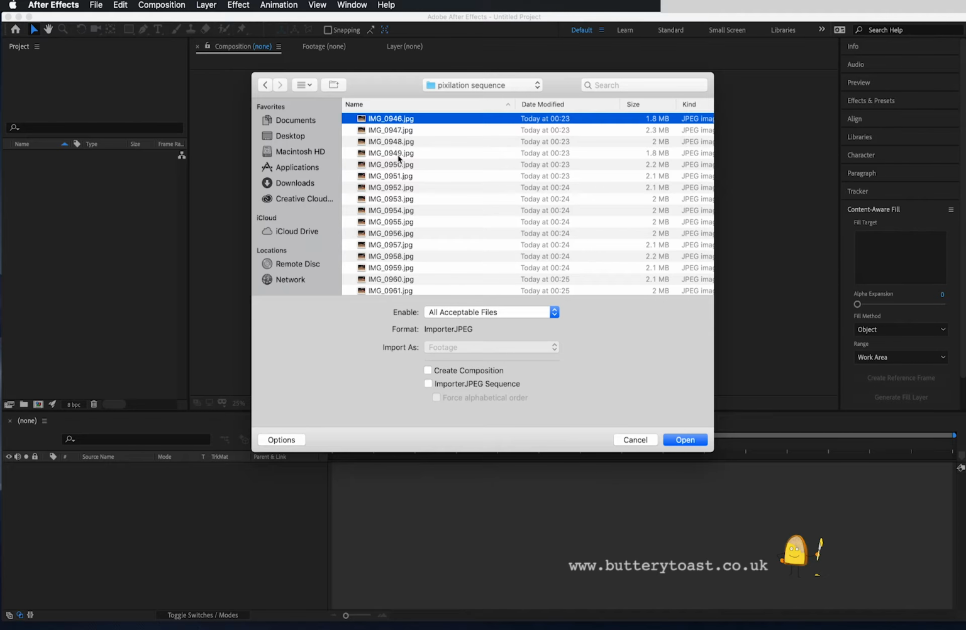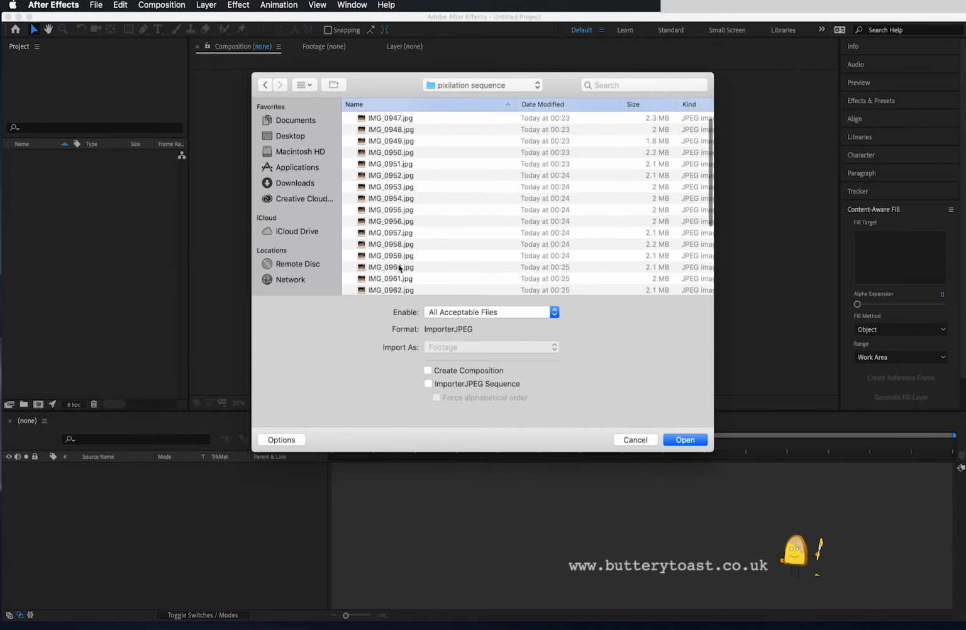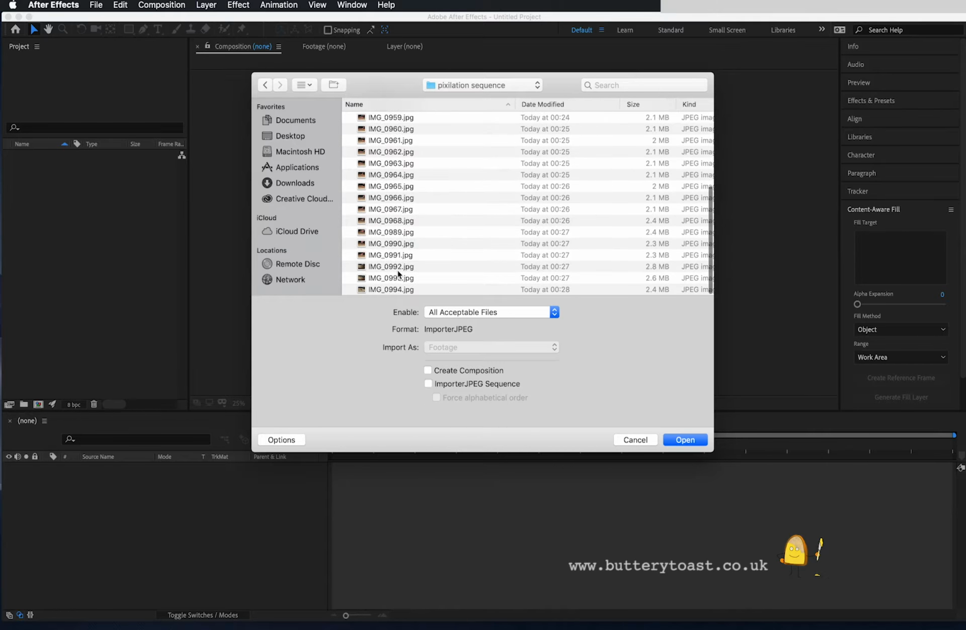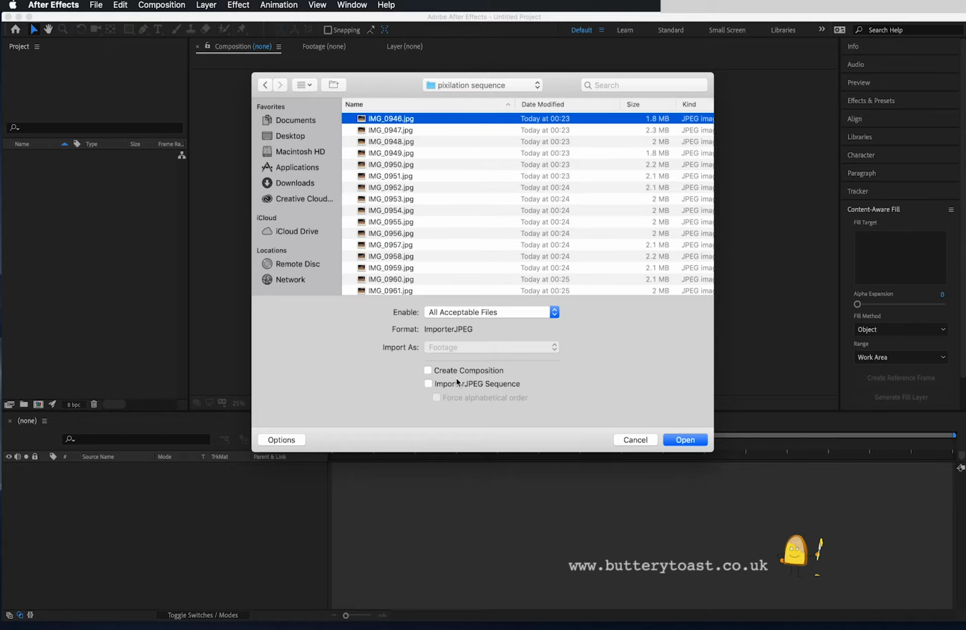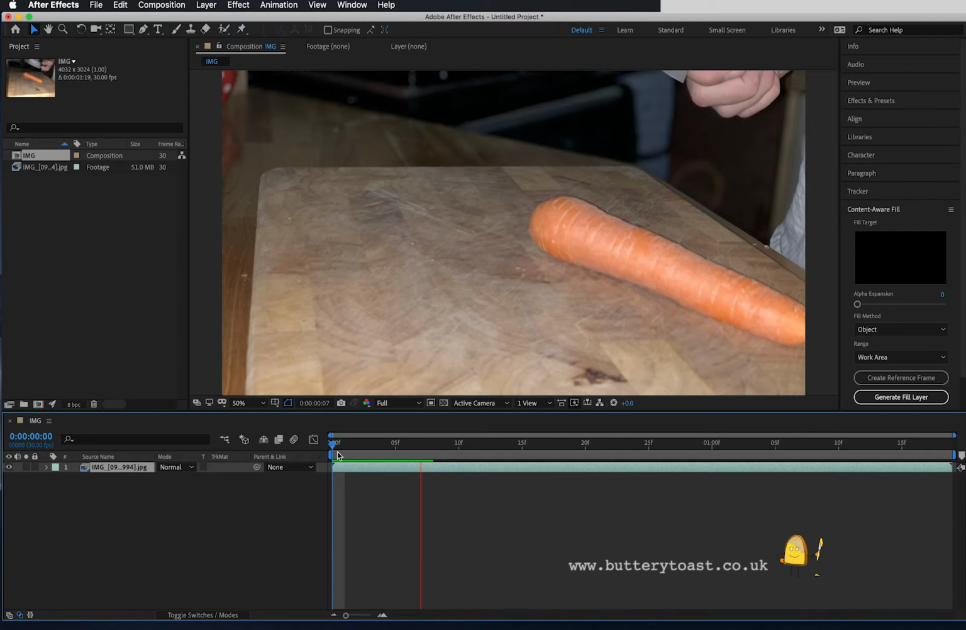in. Here you can see that all of my images are numbered in chronological order. The first is 0946 and the last is 0994. If I click Create Composition and tick Import to JPEG Sequence, I can just press Open. Here you can see it's brought in the images and has created a composition using them. This method automatically puts all of my pictures in order